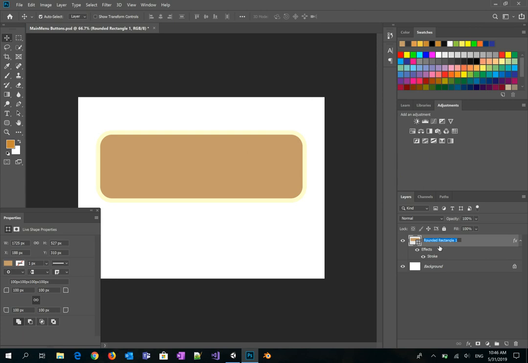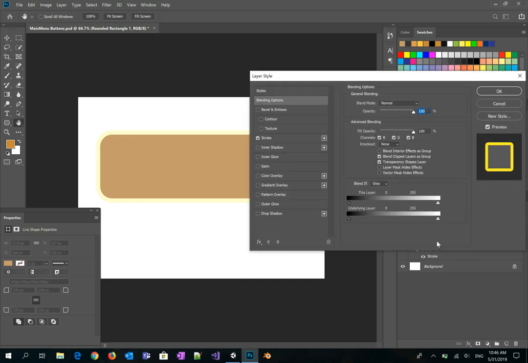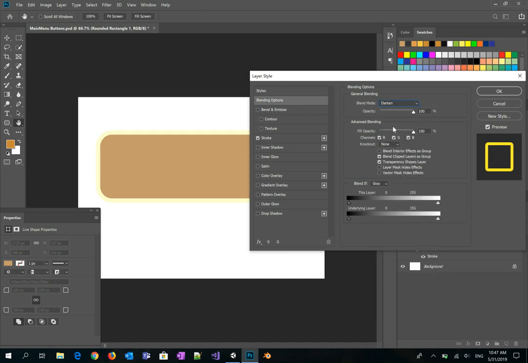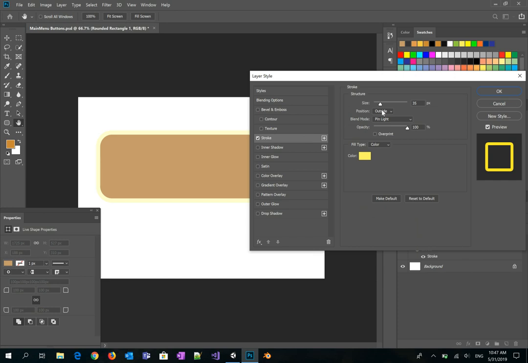No, I didn't select the right element. So here we have the blend options. So darken. Let's select the dark and change the position to the center, the blend mode to darken,